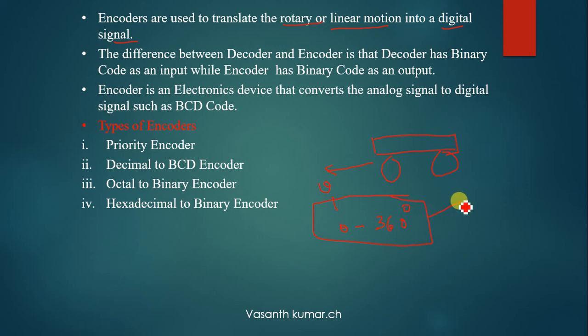We can get how many combinations? If it is 360, you can take any number of bits. Okay, you can represent 360 with 4 bits, 8 bits, 16 bits, all multiples of 2 you can use. So 2 to the power of that many values you can obtain in order to represent 0 to 360, right? So for these data, for example if you are applying it to a Mars rover, somebody should not get into the rover's circuit and exploit all the things. So in order to do that, this 0 to 360 has to be converted into a digital form.